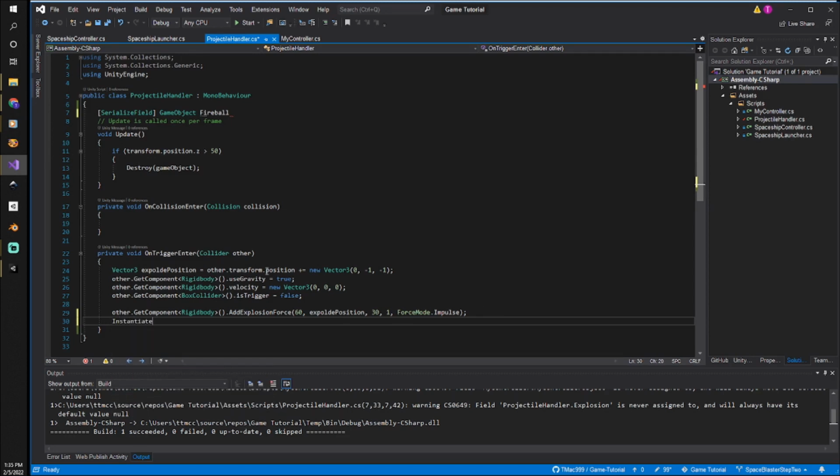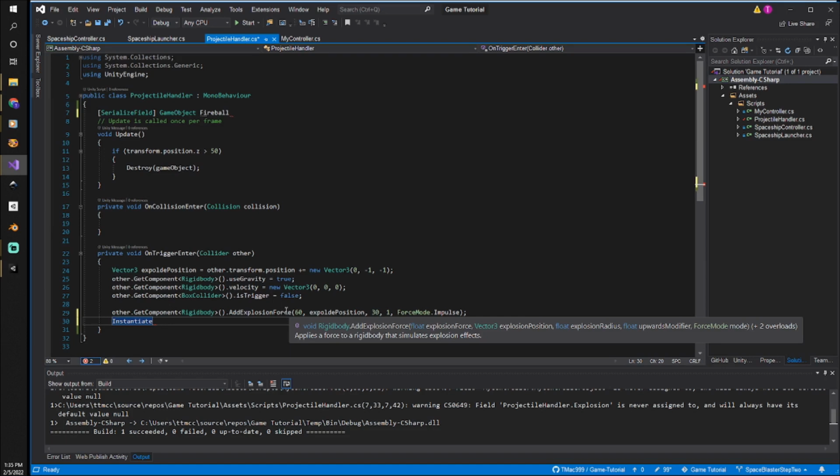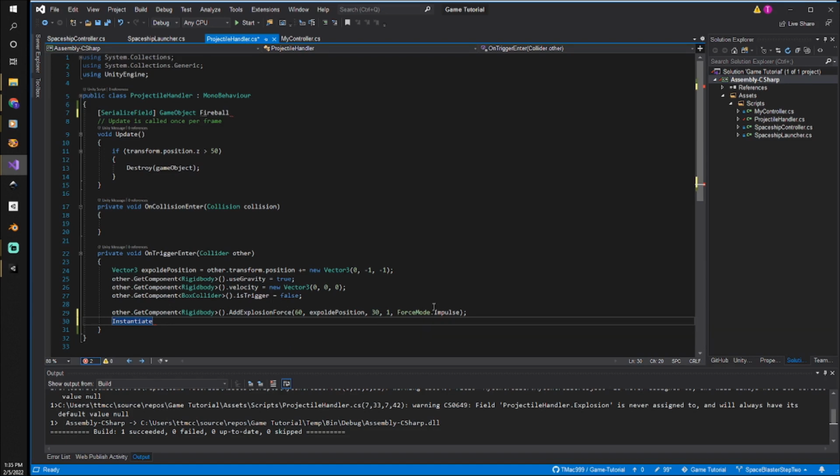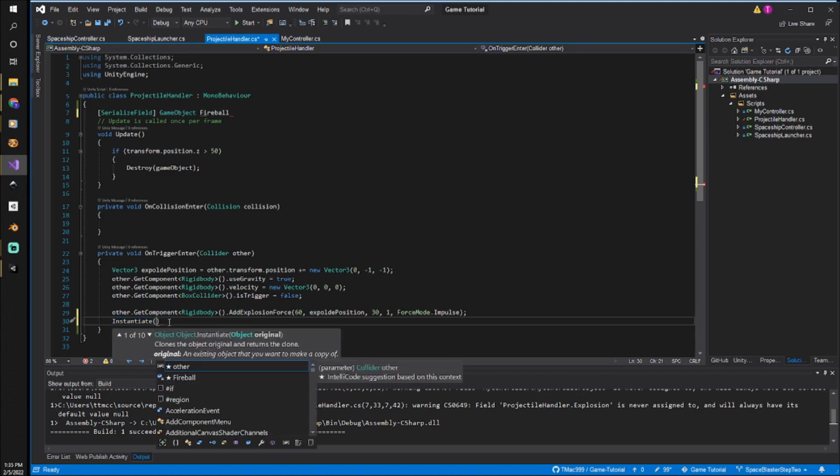All right. And what we're going to do is we are going to instantiate. And if you remember, here's this on trigger enter. This is the function that's going to be called once our projectile collides with a ship. So the other things we were doing, if you remember from the previous tutorials, is that we were grabbing the rigid body of the ship, the things we collided with, and we were adding this little explosive force to kind of blast the ship up and flip it around. So in addition to that, we're going to instantiate our fireball,